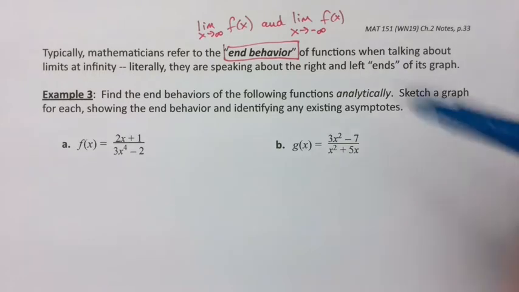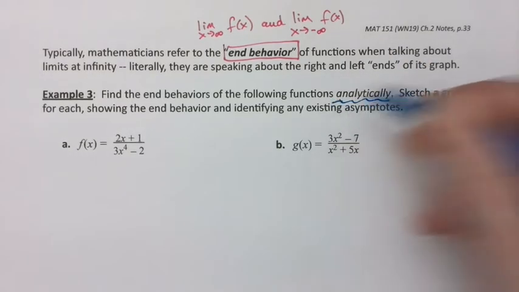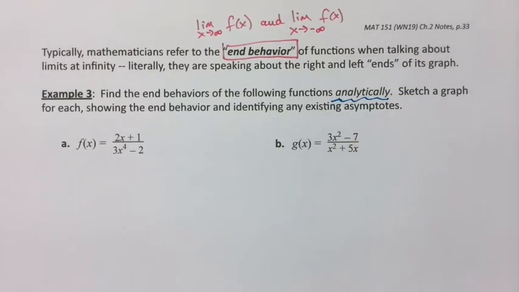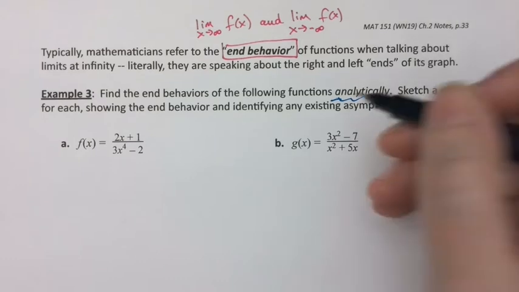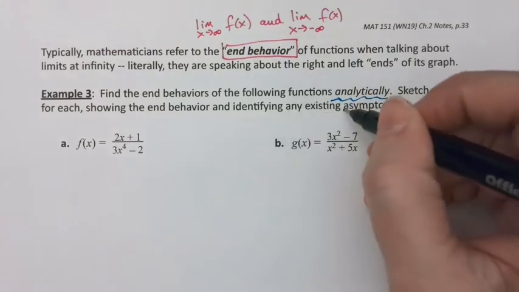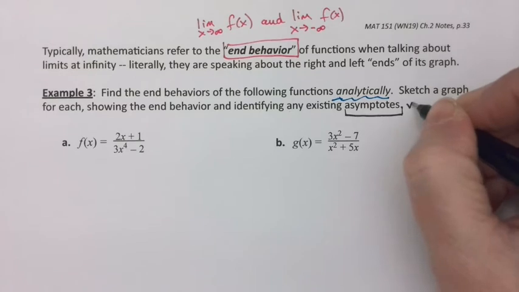There's that word again, analytically. I know it's your favorite, right? And we're going to sketch a graph for each showing the end behavior and identifying any existing asymptotes. Oh, any existing asymptotes. That's interesting verbiage, because you might be thinking, oh, well, I'm just going to find the horizontal asymptotes. But if you recall, asymptotes could be vertical,